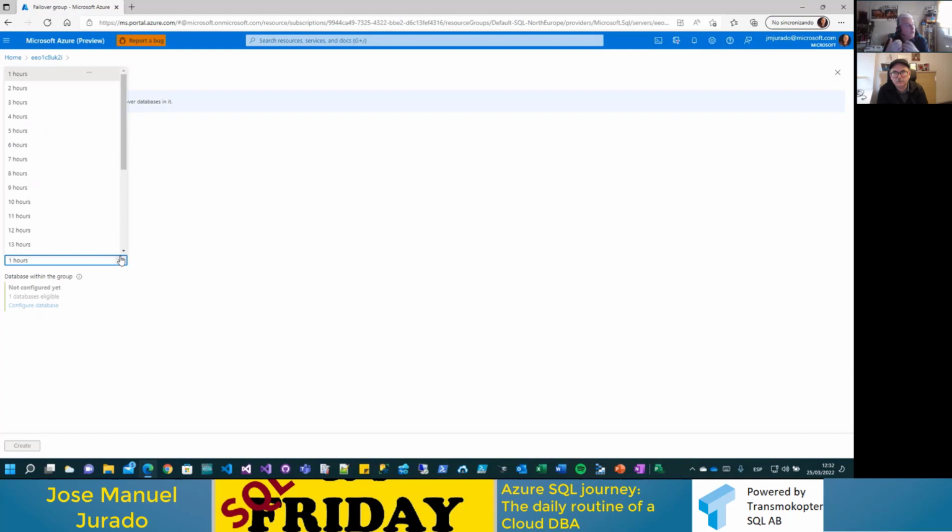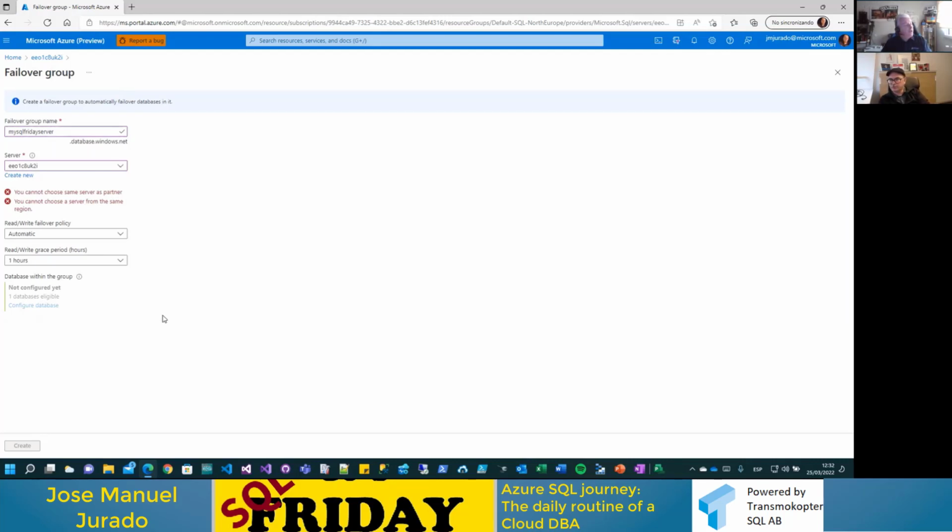Of course, you could implement a PowerShell command, whatever you want, in order to run the failover automatically. If you run, for example, a test ping and you see that the primary is not responding, you could run other commands using PowerShell to run the failover by yourself.